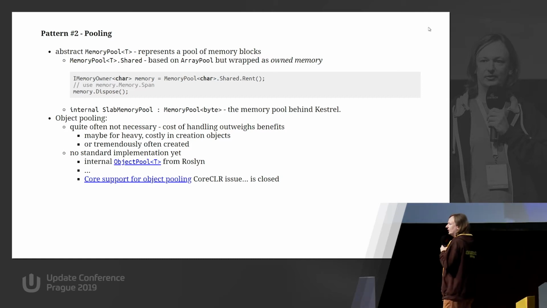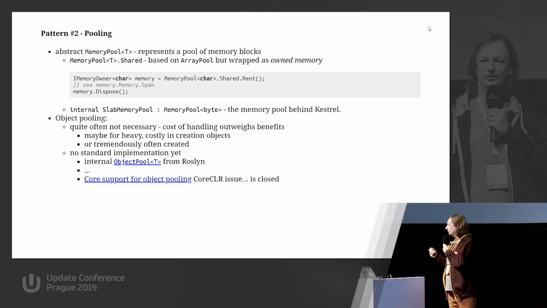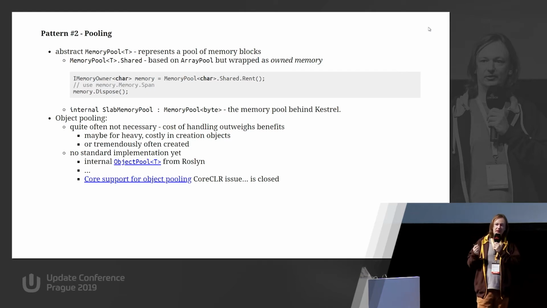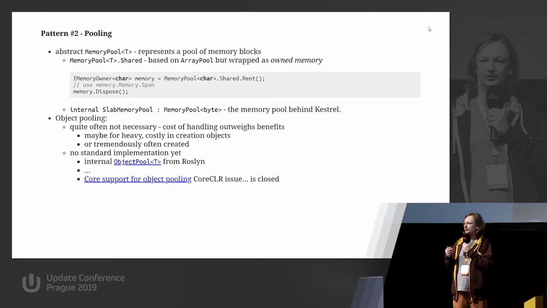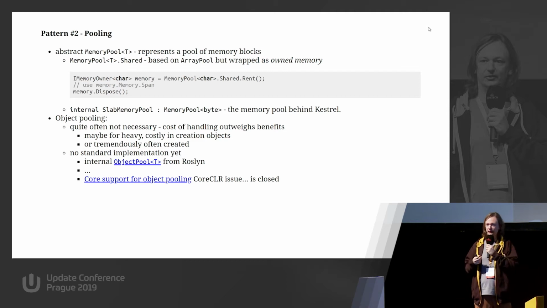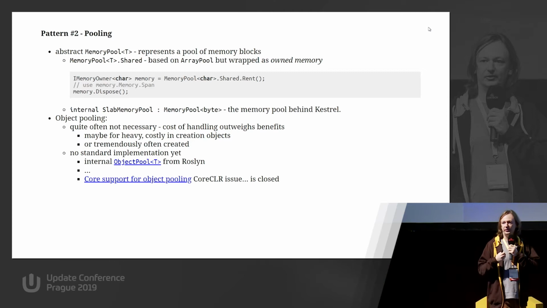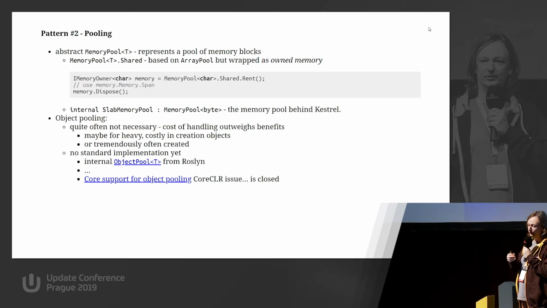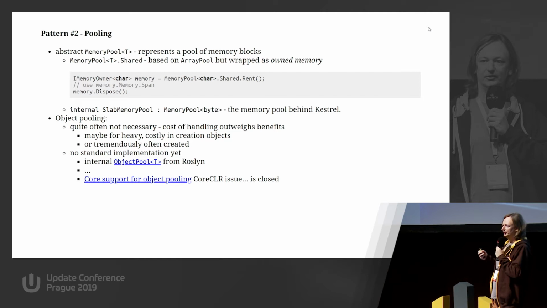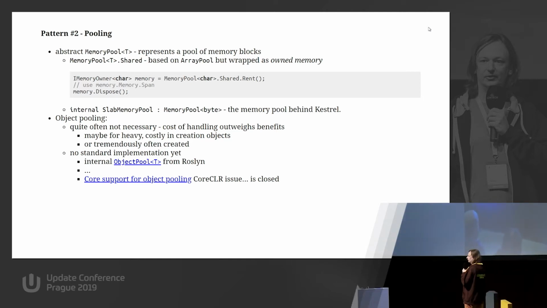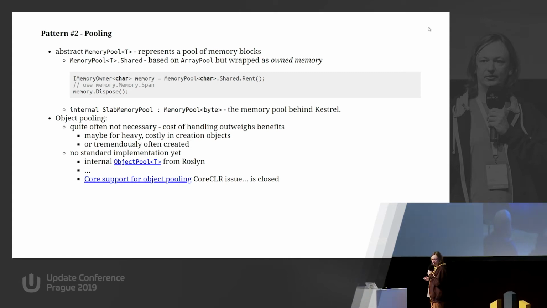Obviously, one could ask, okay, this is only for arrays, but what about objects? I need, for example, to reuse strings or my custom class. Currently, there is no public standardized API for pools of individual objects. There was a PR for that, but it is currently closed. We will see what happens in the future. If you really want an object pool for individual objects, there is an object pool class in the Roslyn code base. You can simply use the copy-paste method to implement it in your code.